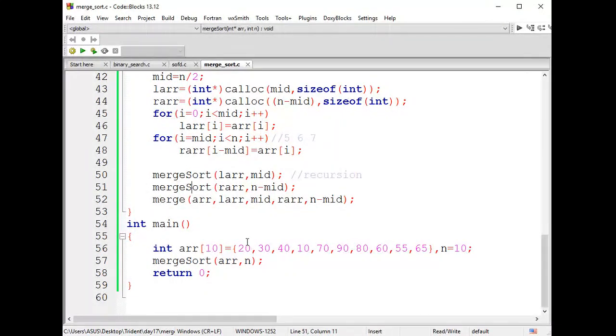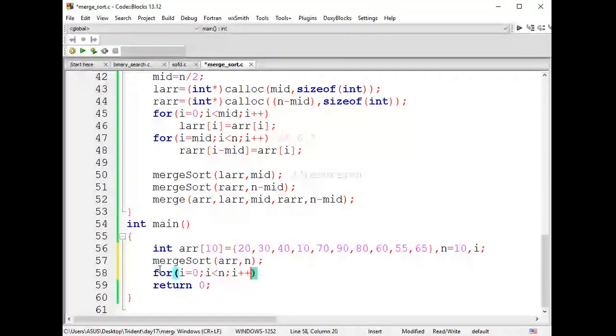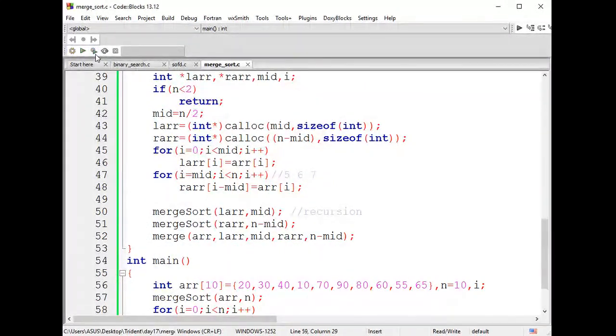Okay, guys, we'll do one thing. Before proceeding further, we are supposed to print my output, right? So we'll print it and then we'll execute it. Now everything will be fine. Now we'll have a variable for iteration. So let me declare a variable called i. Now we'll start our iteration part. For i assign 0 and i less than n, followed by i plus plus, and inside this you're going to print the data. So let me print percentage d comma array of i. Now this is done. Execute it.